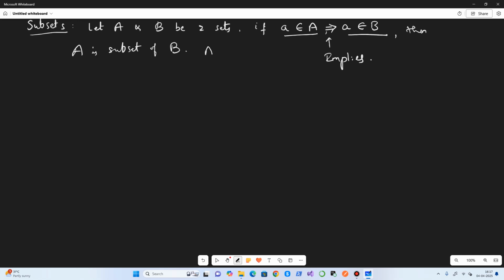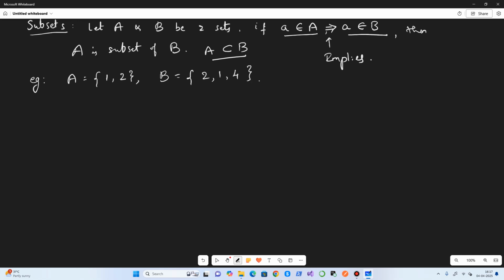Symbolically we represent this with the subset symbol, right? So this is the symbolic representation for the subset. For example, let us take A is equal to {1, 2}, B is equal to {2, 1, 4}.